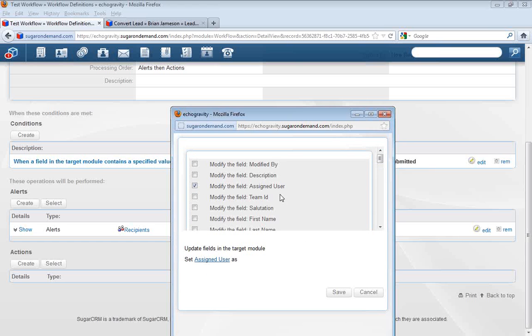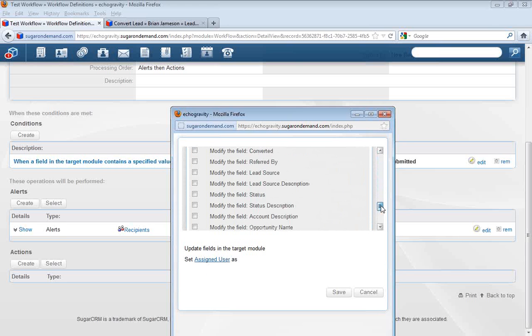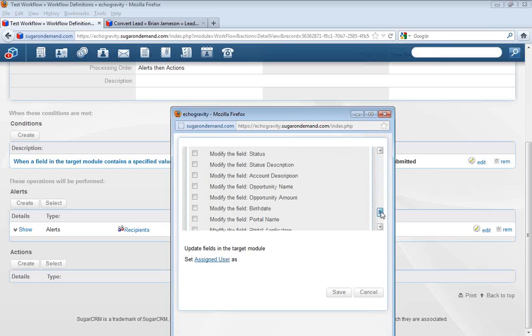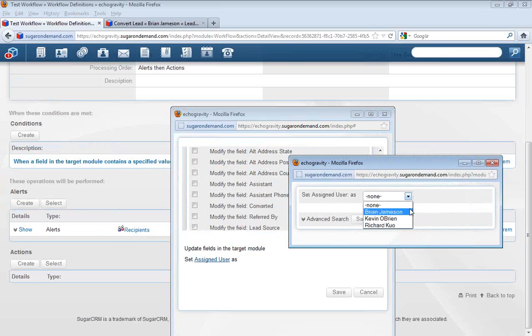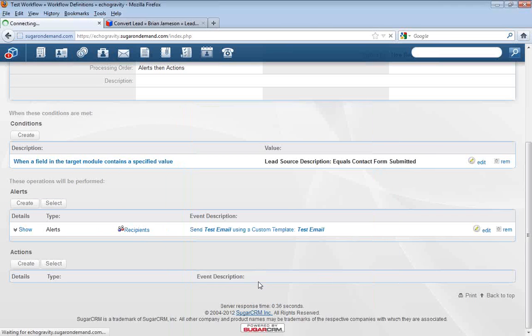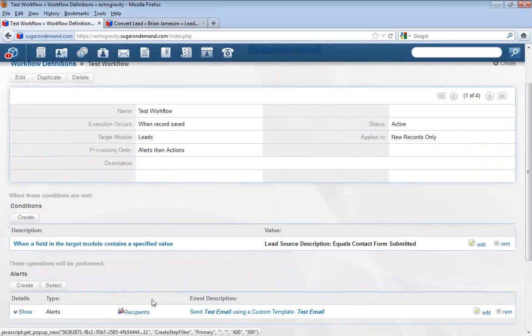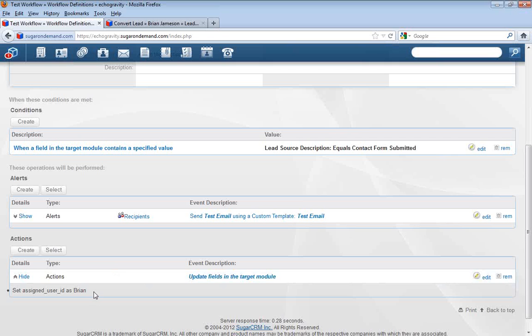So I want to modify the assigned user, and you can modify all of these fields that you have available there if you had a need to change it to something else. So we're just going to go ahead and choose that, and we're going to choose who we want to set the user to. In this case, I'll set it to myself. We'll save. All right, so this first action is now done. So now all of these leads that come in will be assigned